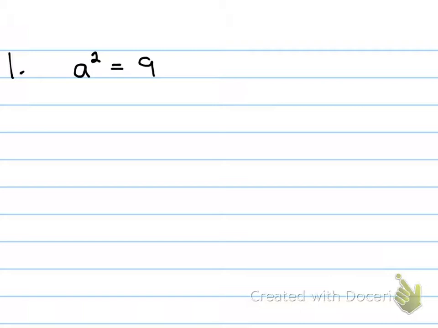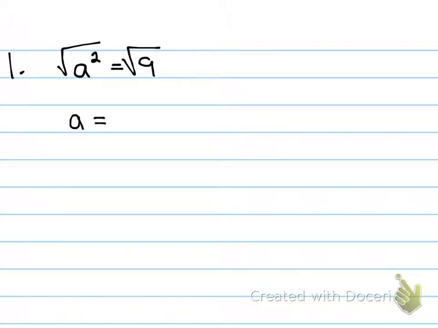Now, here's the trick, okay? When you're solving equations, you will have a positive and a negative solution. And I'll show you why. Okay? So here's what you show, guys. You write your original problem, and now you show how you're taking the square root of both sides. When you take the square root of something that's squared, it essentially cancels it out, so I have a by